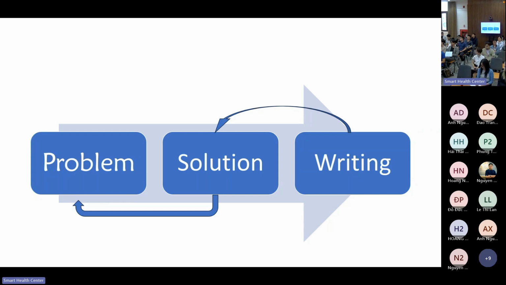First of all, if you want to get a paper accepted, you have to cover all three: problem, solution, and writing. I think most of us here are more interested in the writing, right? Of course, you need everything to get a good paper. For example, when you eat good food, the famous chef makes you good food. In order to make that good food, he has very fresh ingredients for you, but he has to serve it on a very beautiful plate for you to feel, wow, this is first rank. It is the same thing for a paper as well. We have to have a good problem, a novel solution, and nice writing, because we have to respect everybody's time, why they spend time to read your paper.